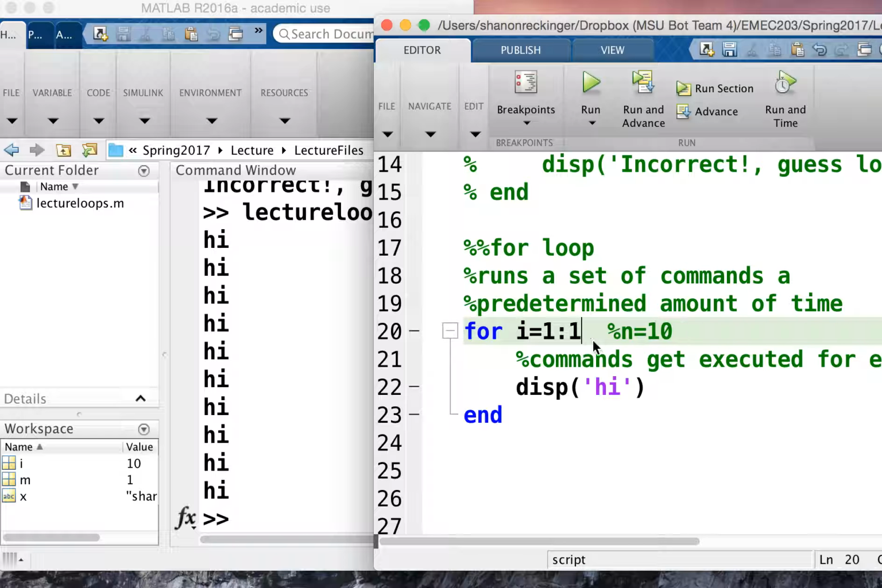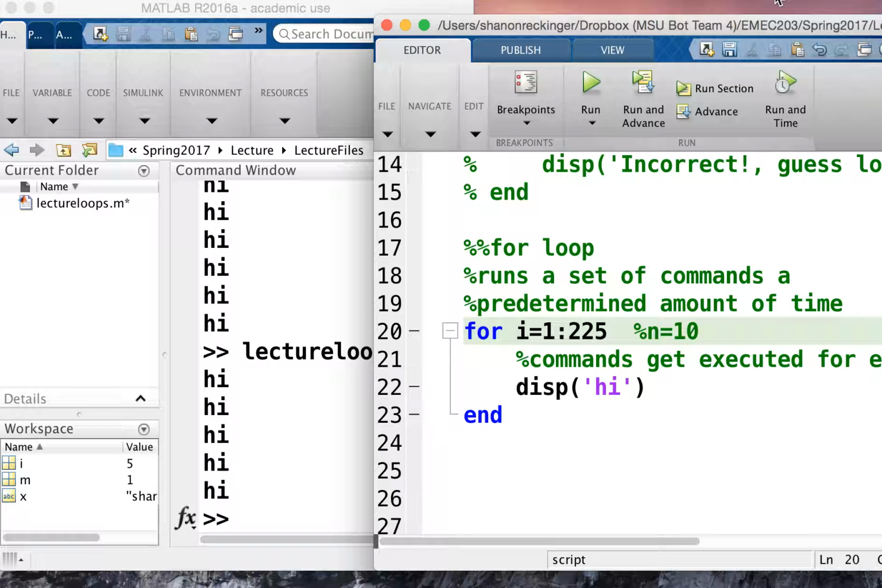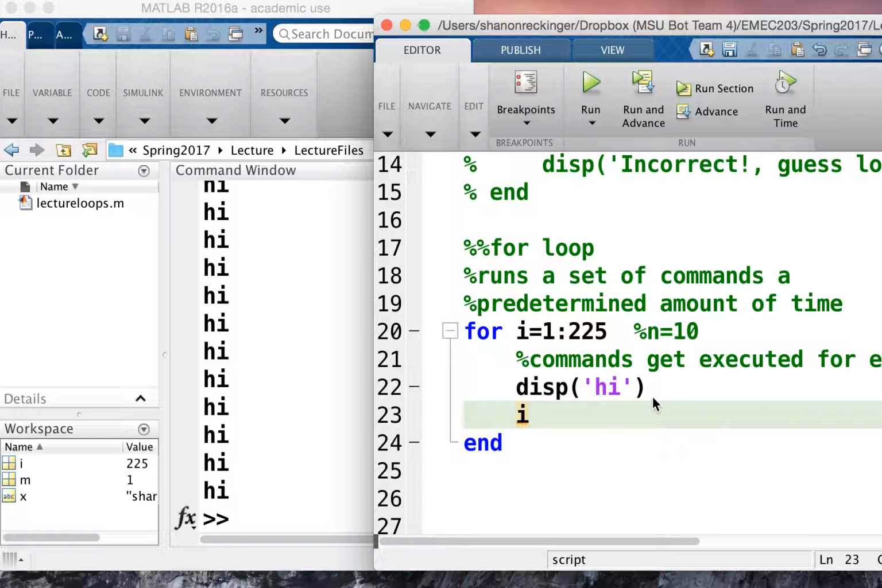So if I change the loop to only have 5 elements, it will only execute the command 5 times. If I have it be a lot, it'll just execute it that many times. So it's just repeating everything in the loop, however many elements there are. So for example, one thing that you can do is inside the loop, you can